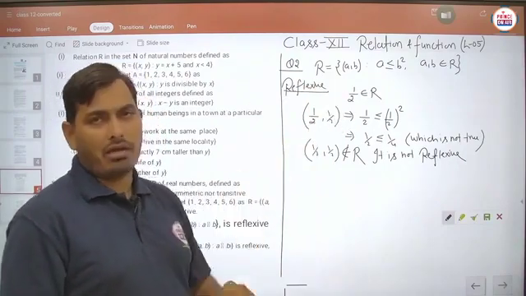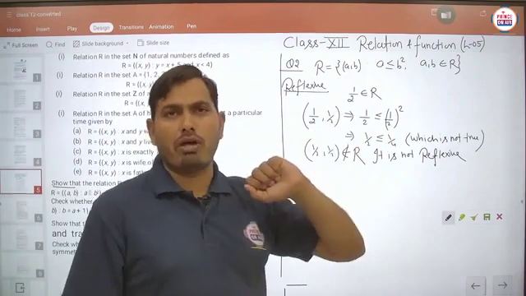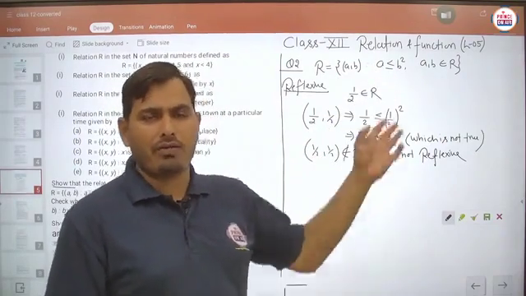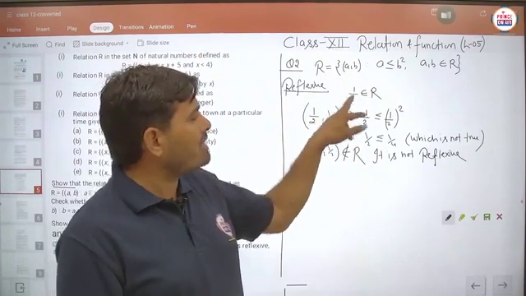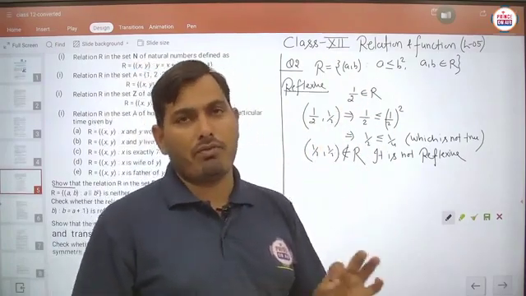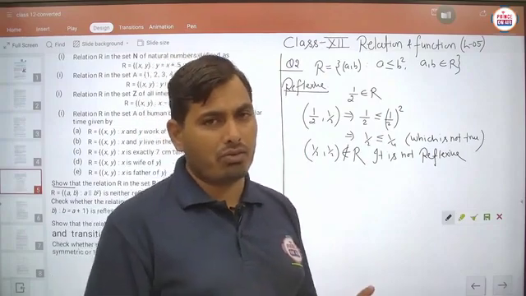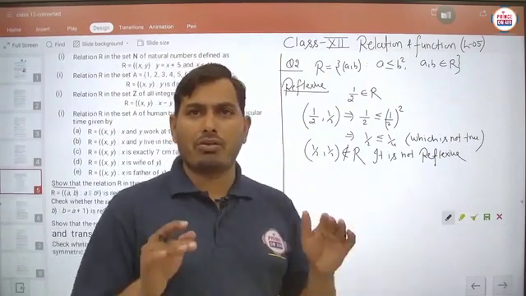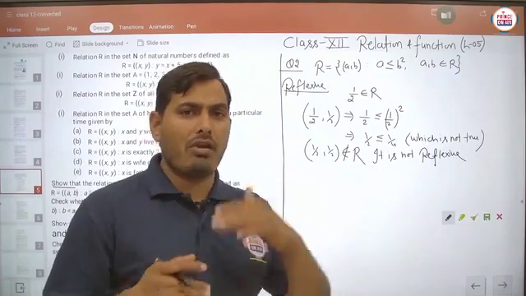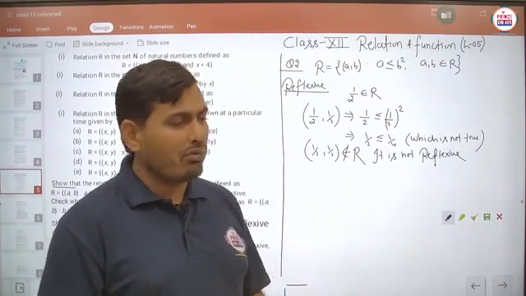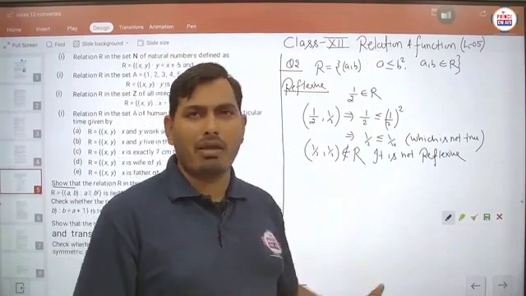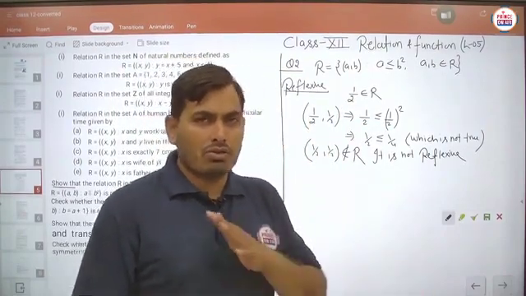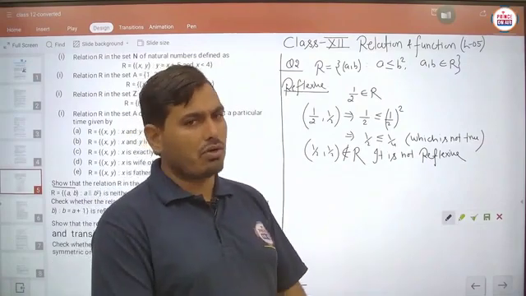That's why we declare it is not reflexive, because if you take any other number, suppose 2, then 2 square is 4, and it is automatically true. Any other number will also satisfy it. But for a fractional number, when we check, the relation is not reflexive. For a relation to be reflexive, it must hold in each and every case. But this is not reflexive, so we take a suitable example, and using this example we say it is not reflexive. Is it clear?